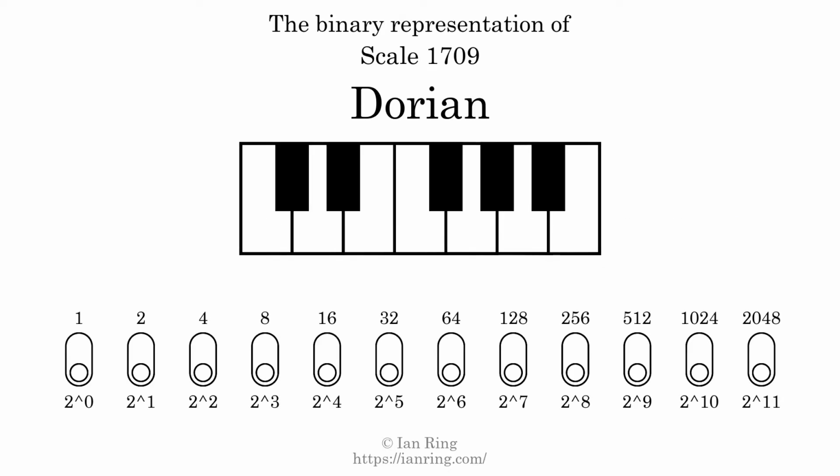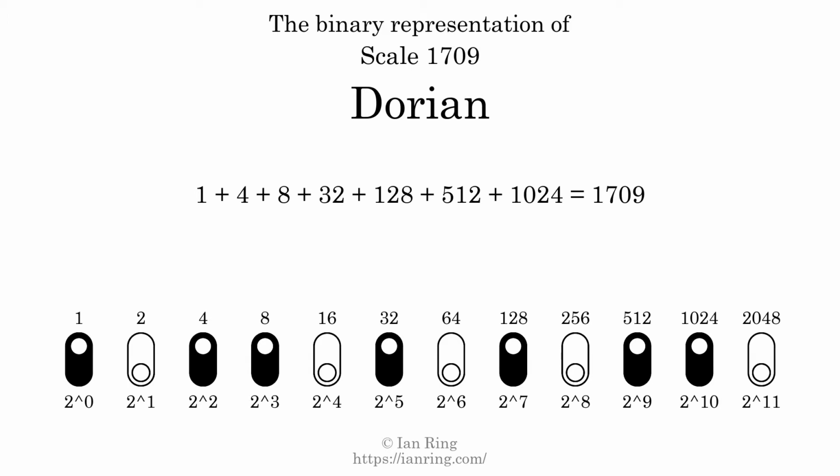The binary representation of this scale is determined by mapping tones of the scale to binary digits. Each binary digit represents a power of 2. To get the scale number, we add the powers of 2 together. The powers of 2 that are present in the scale, all added together, equals 1709. That is why the scale number, in decimal, is 1709. The scale number not only enumerates the scale with a unique index, but it also literally describes the tonal content of the scale. Represented as a binary number in base 2, the scale number is